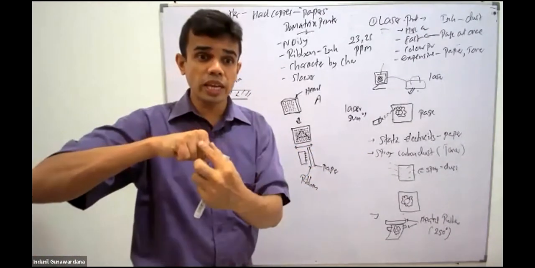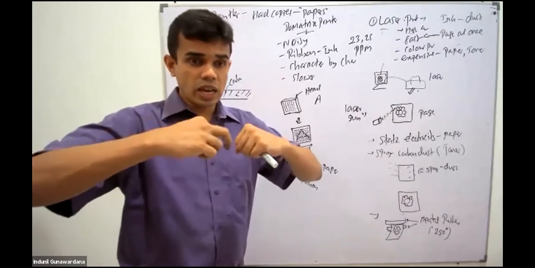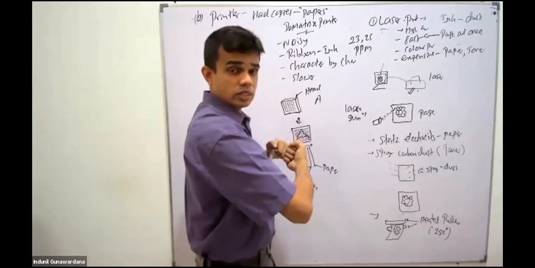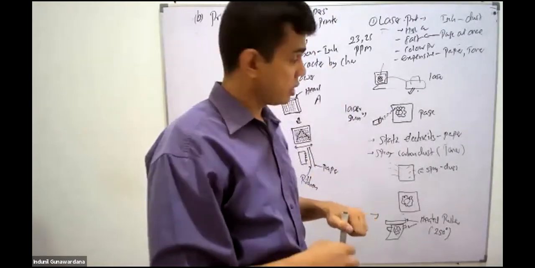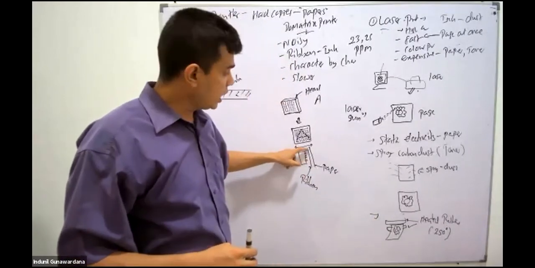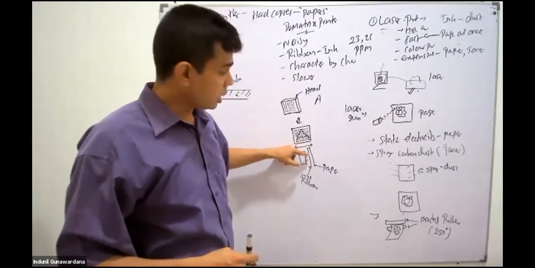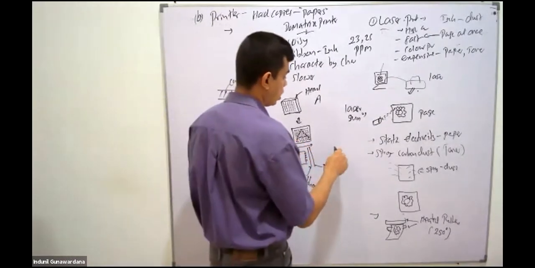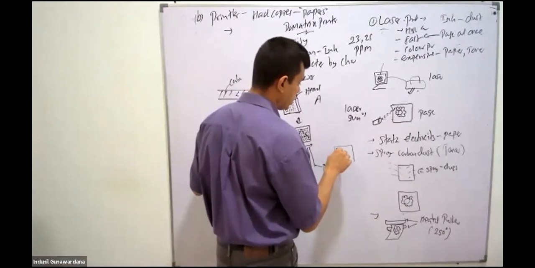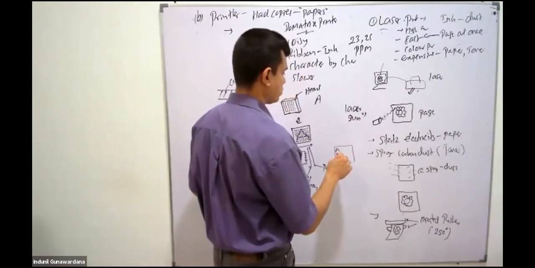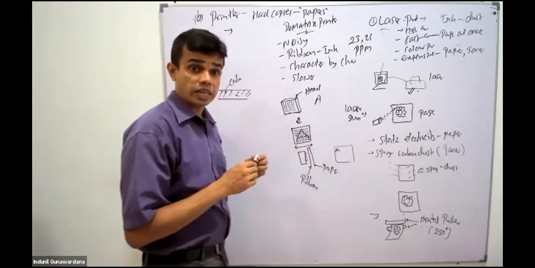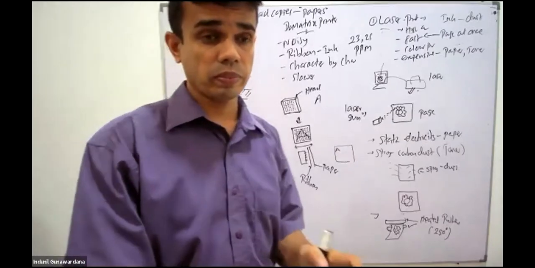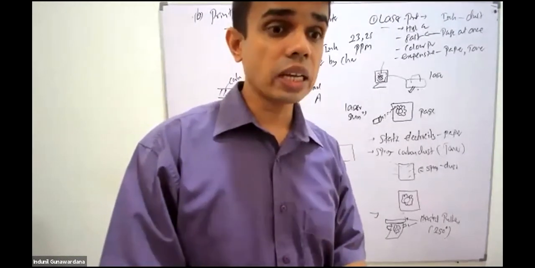Here we have the pins to make the letter A, here we have the ribbon, and here the paper. Now they are compressed together, just like pushing a seal. These pins will hit the ribbon, and the ink on the ribbon will be pasted onto the paper. It gives you the output on the paper, the letter A. This is how the printing takes place in our dot matrix printing. So it gives you character by character printing.